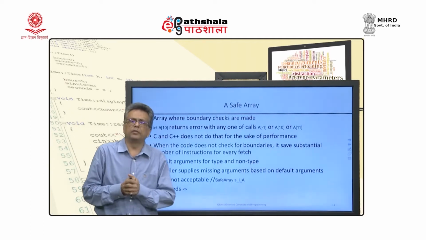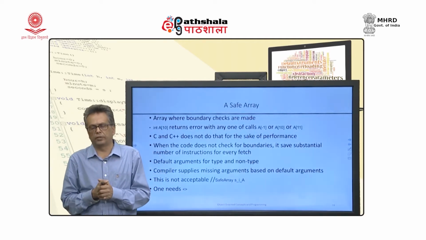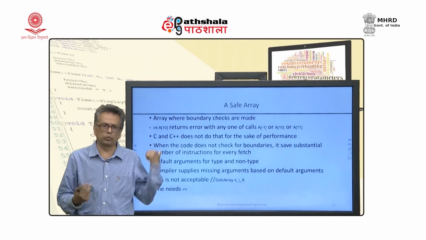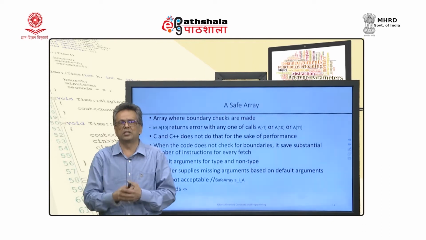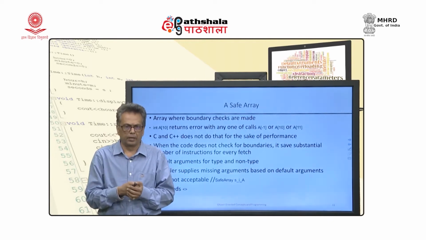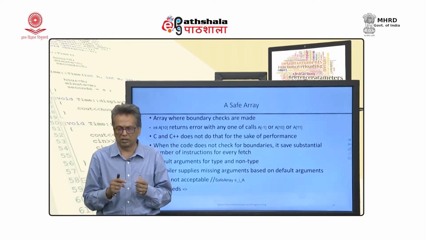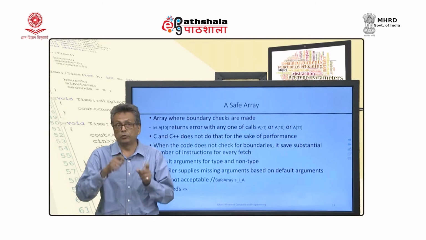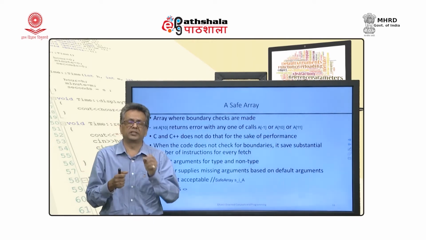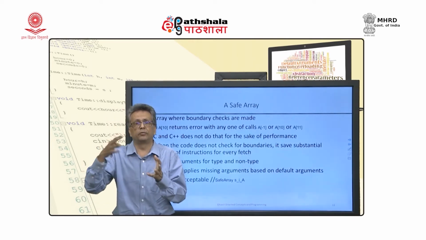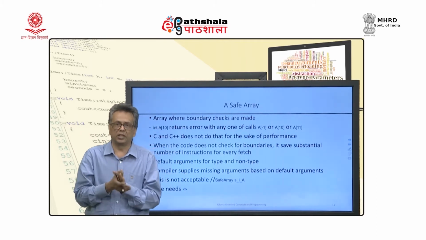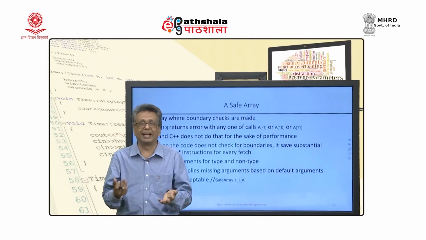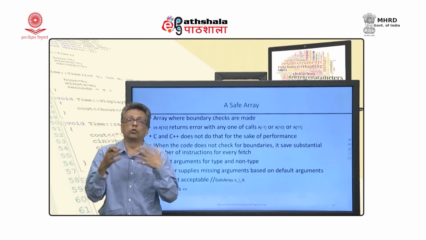One of the very useful applications of a template class is called a safe array. That is what we are going to do. If you have coded in C earlier, you know that one critical thing C programmers have to deal with is array boundaries. If you define an array of 10 and refer to the 12th or 15th or 20th element, C will not mind. The program will not only compile, it will run and return something you do not expect.